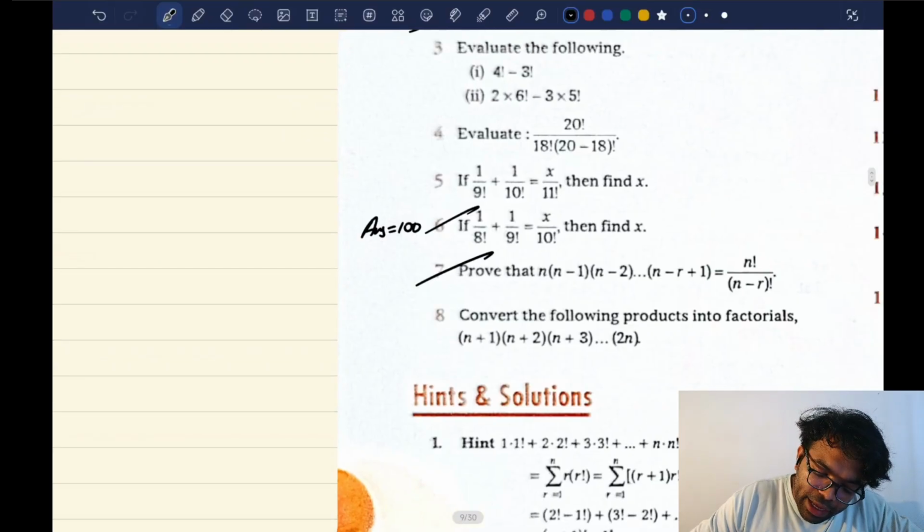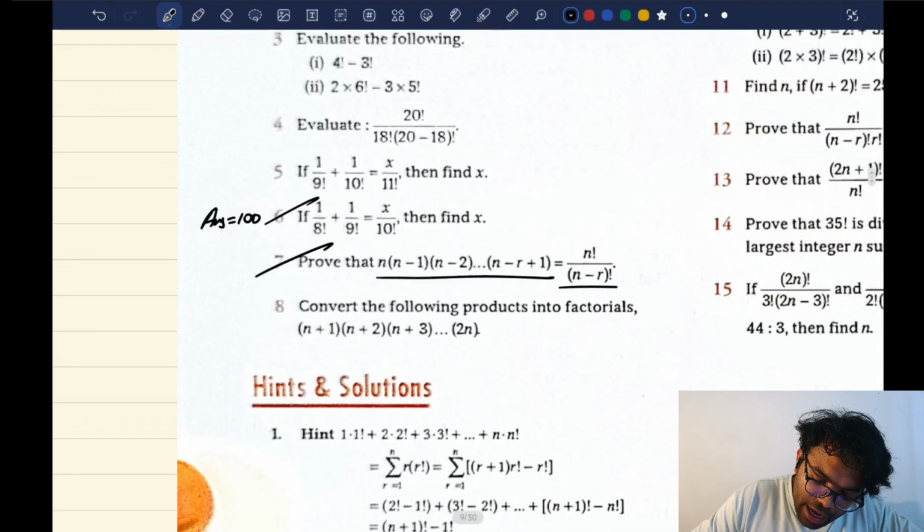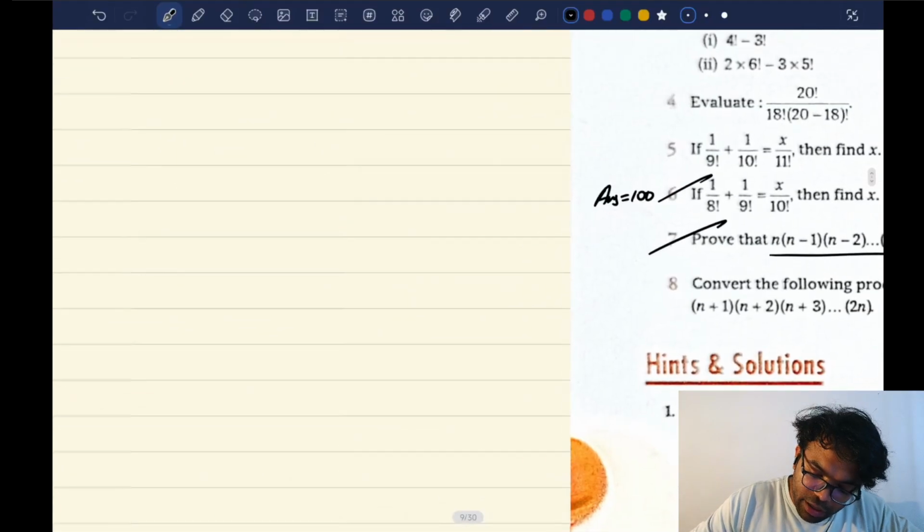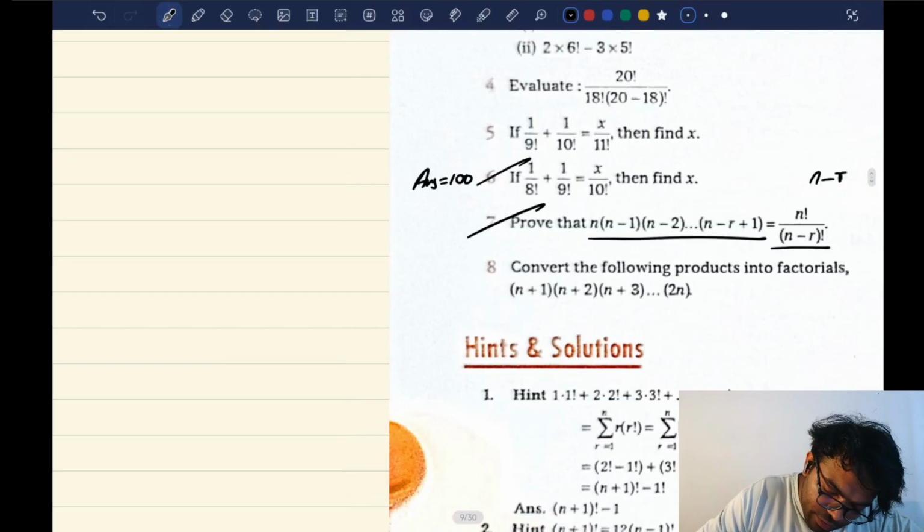Multiply the LHS and the RHS by n minus r factorial. In the LHS, multiply numerator and denominator by n minus r factorial. Okay, fine. So you will have, let's see,